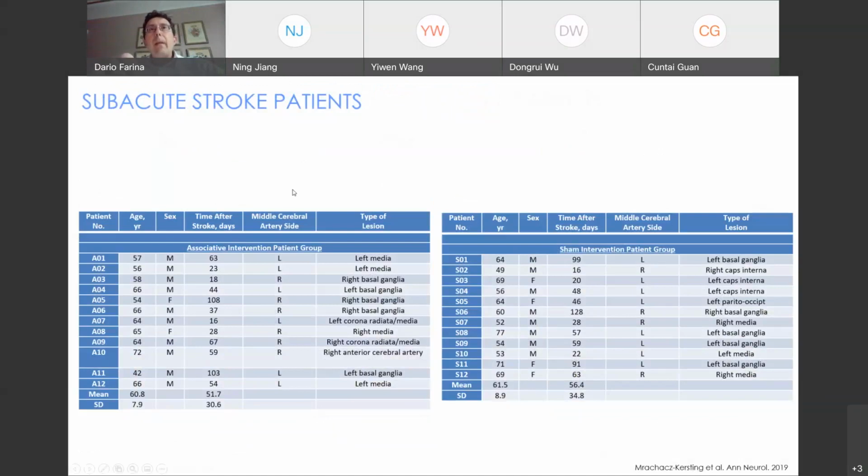And in these patients, we repeated the intervention and we also looked at more clinical outcome of the intervention. So again, we had two groups. One is the associative group that went to the associative BCI, and the other one is a sham group that underwent something similar to what I've shown for the chronic control group stroke patients, in which the timing is not precise with respect to the motor command.